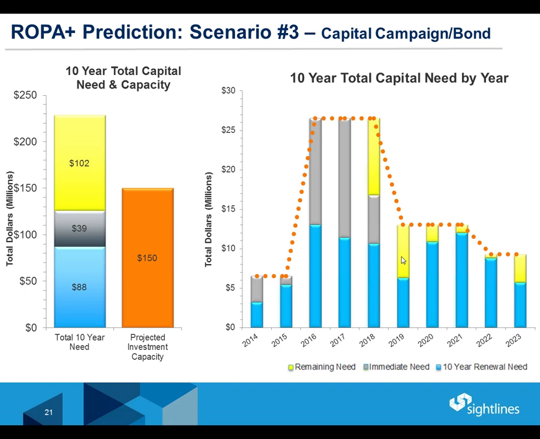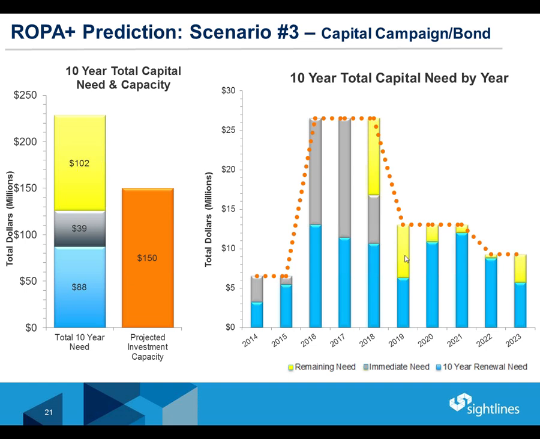Another interesting example occurred where there was a capital campaign for a different institution for the years 14, 15, and 16. But then they saw out in 2019, 2020, and 2021, there were significant needs coming due in some residence halls throughout the campus. And they said, well, since we have the money in these first 3 years, can we address some of those items out in the future, being proactive about it? And like I said, for every dollar invested today, it might save $3 to $4 out in the future. So they were able to get a handle on some of those needs today when they have the resources to do it, and therefore making everything on the operational side more effective.